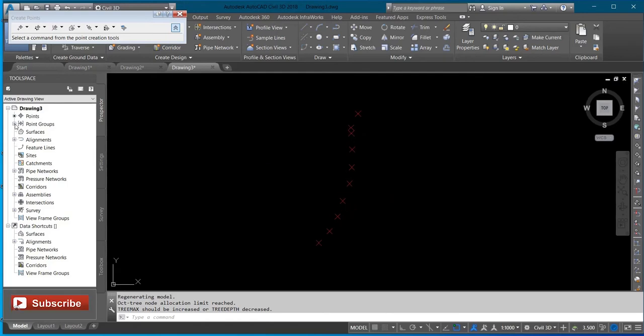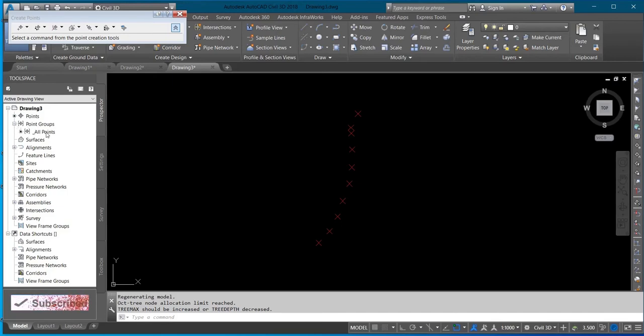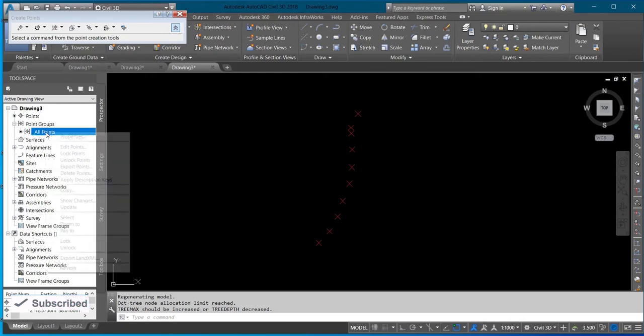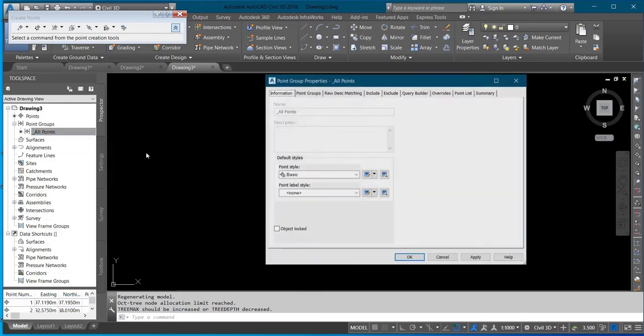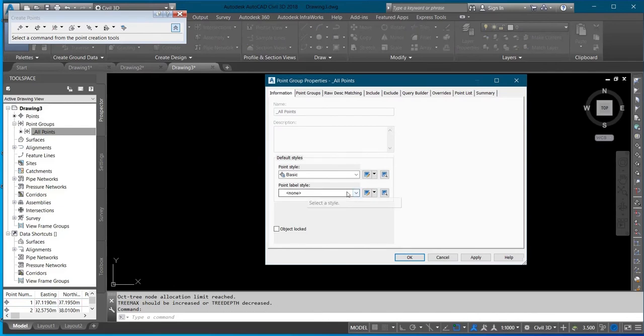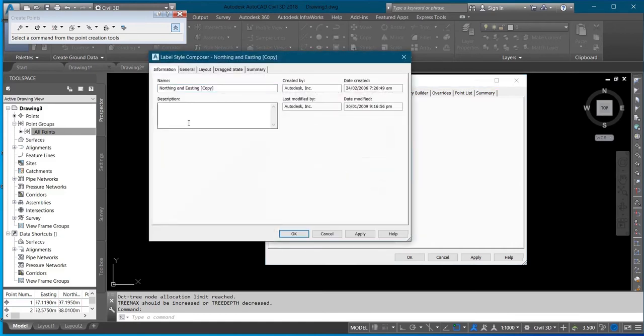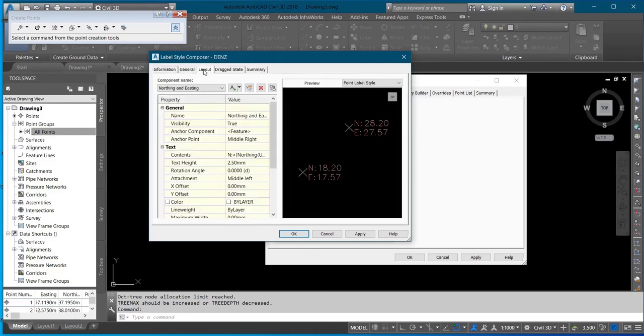Then I will come to the plus sign beside the points group here. I will right click on my all points and click on properties. I will change this point label style from none to northing and easting, and then I'll click on this arrow sign here. I'll click on copy current selection, and I'll rename this as DENZ, that is description, listing, northing, height. And I'll click on layout